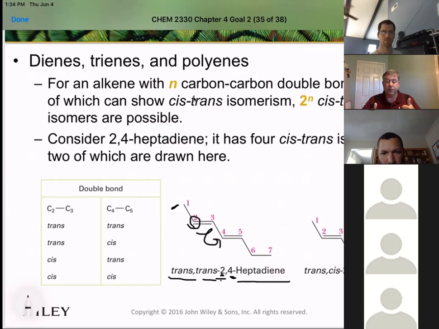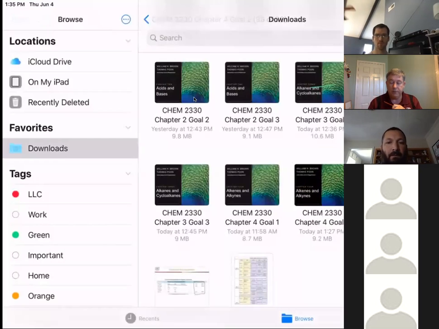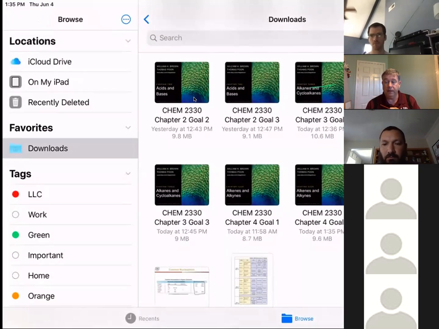All right, questions on chapter 4, goal 2. Okay, we're only adding to those previous rules. We're not taking away from the previous rules. We start with our parent chain, we do everything, we add our alkene, and then we look at whether or not we have an isomerization issue. Okay, if anybody has any questions, go ahead and chime in or put it in the chat, and I'm going to pull up goal number 3